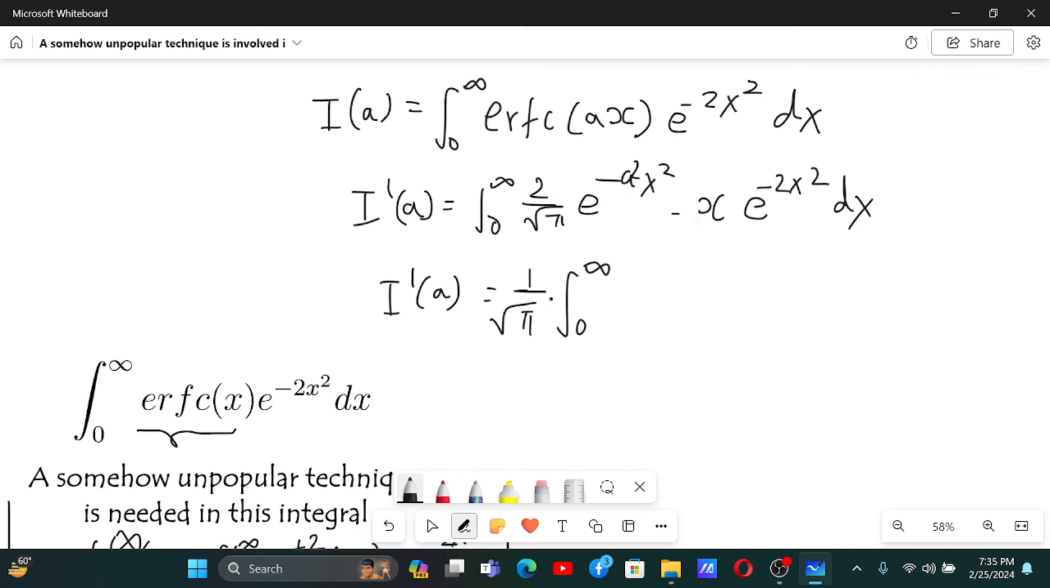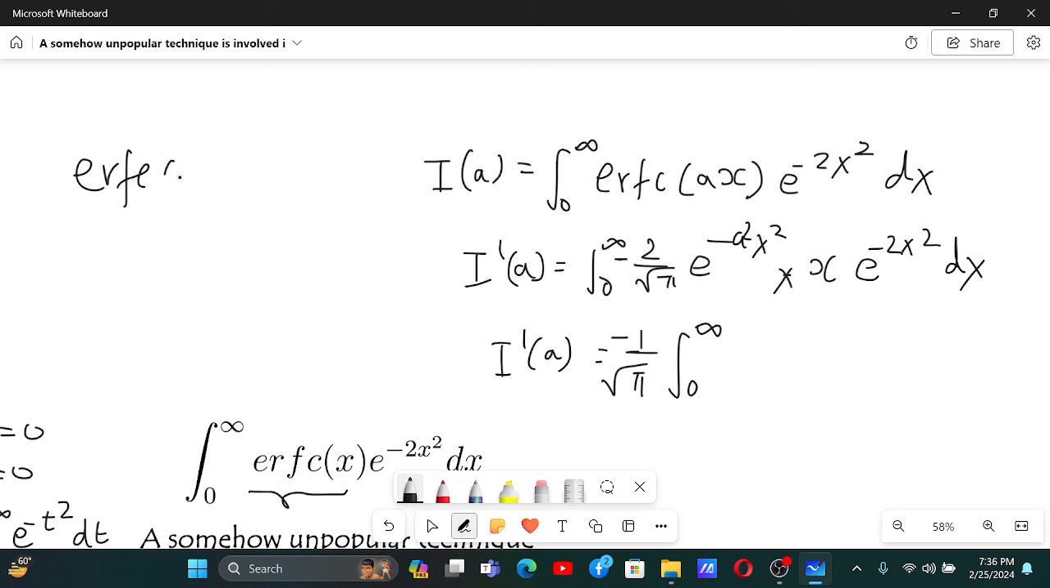I can take minus 1 outside. Okay, so this is basically minus 2 by root pi. I'm sorry for that, this is a multiplication. Anyway, I did get the minus sign. So this is minus 2 by root pi. And the reason is because